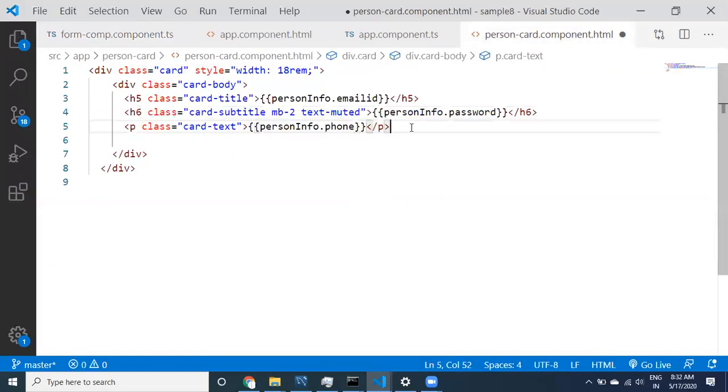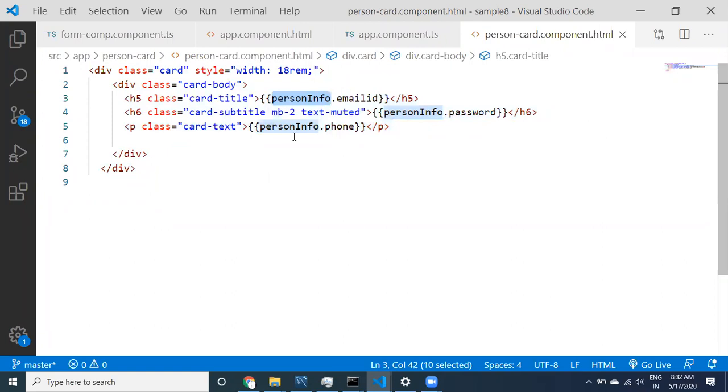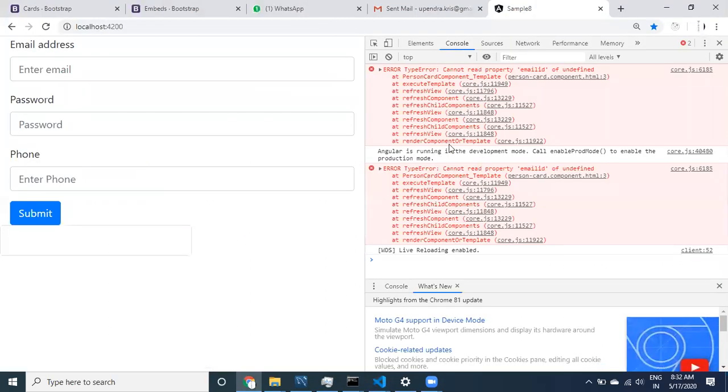Yeah, see here guys, this we have displayed. Of course you need to remember one LVS operator. Why? Because the very first time, before this div object is displayed, the data will not be available, right? At the very first time the person info contains null or undefined. Then how can we handle that? Even the first time, if it tries to execute, this kind of error is going to be displayed. See here, it cannot read the property email ID.